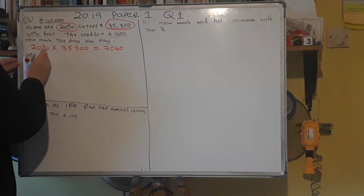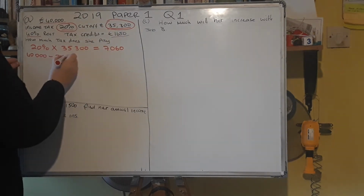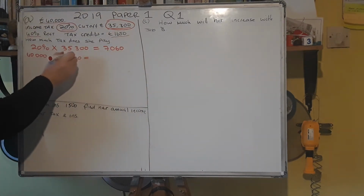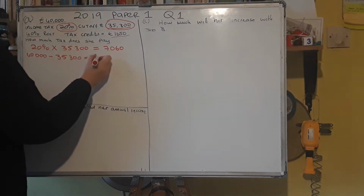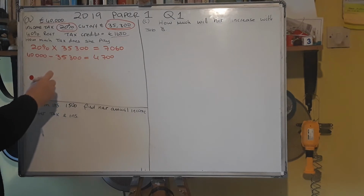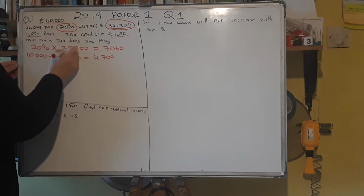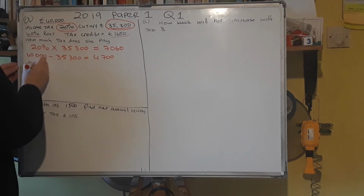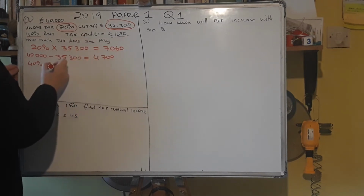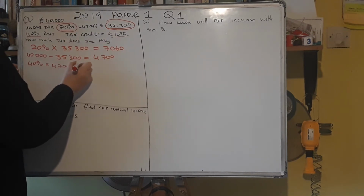Okay, now what you have to do is find out how much extra does she earn. So get your total wage, subtract the cut-off point to see how much more she gets, and you find out that after the cut-off point she gets an extra 4,700. Now that extra 4,700 is going to be taxed at a rate of 40%. So same as here, but this time it's 40% multiplied by 4,700,